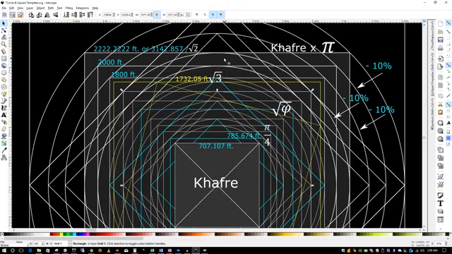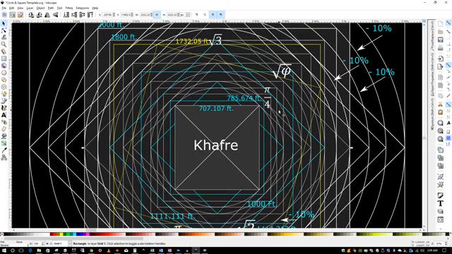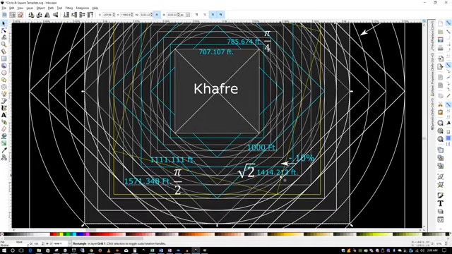And so if we take this 2222 number, which is right here, and if you remember, when we turn it this way, we get 1571.348, which is pi over 2. If we take that number and we decrease it by 10%, we get the square root of 2 ratio. And then if we take the square root of 2 ratio, which is this right here,